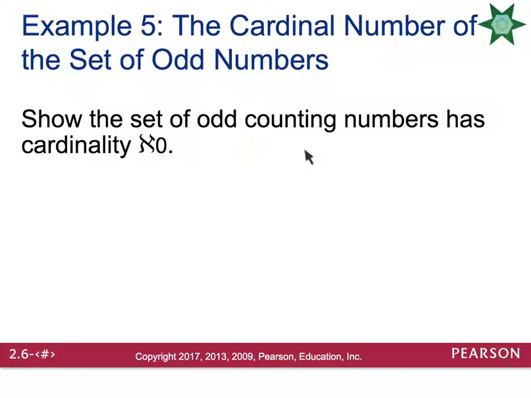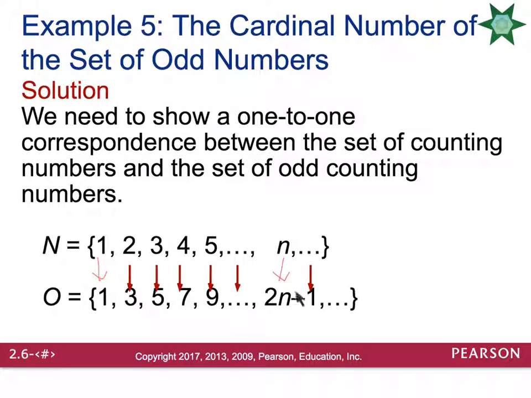So we're going to show that it's infinite and countable. In other words, we're going to show a one-to-one correspondence with the set of natural numbers. These arrows are a little bit off, but I added a couple here. Our set of odd counting numbers is 1, 3, 5, 7, 9. And we can go: 1 corresponds to 1, 2 corresponds to 3, we're doing a one-to-one correspondence, 3 corresponds to 5, 4 corresponds to 7, 5 corresponds to 9, and then n would be the nth element in